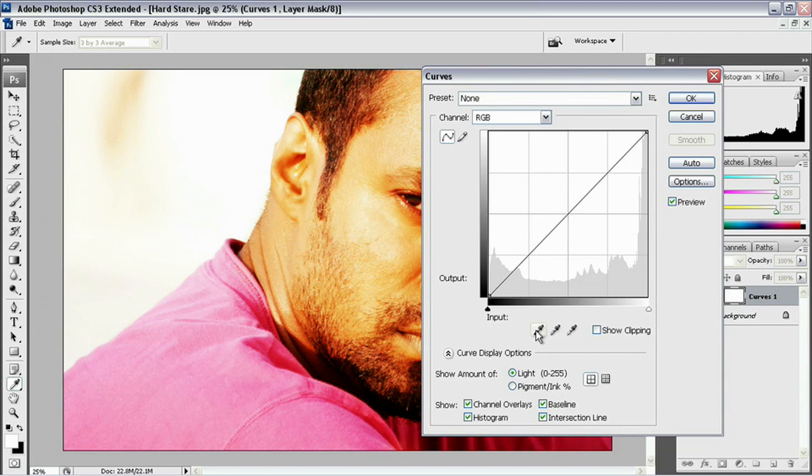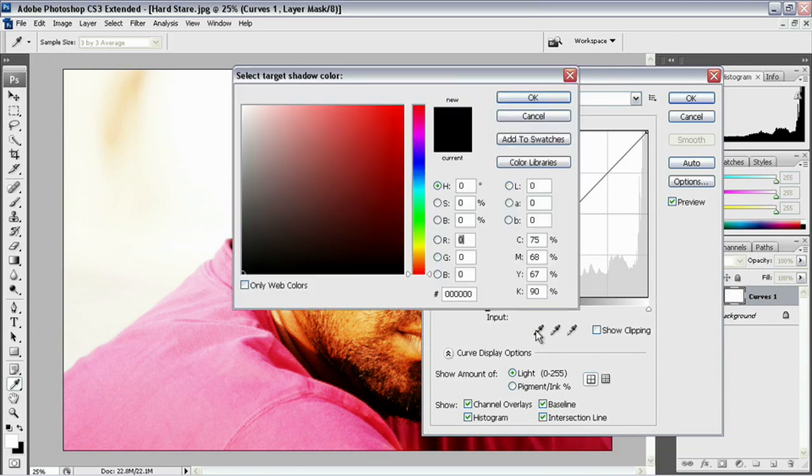So first I'm going to double click on that black eyedropper tool and enter some new values for this black. I'm just going to add in 3, 3, and 3 into the RGB values. What that's going to do is lighten up those blacks just a little bit, because I don't want them at exactly 0, since that means wherever I set my black point would be completely black. And we don't want it to be solid black. We want it to be just a dark, rich color. So I'll add in 3, 3, and 3 for the RGB values there,